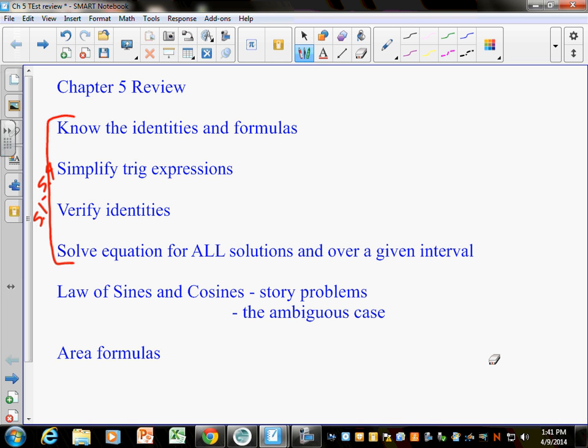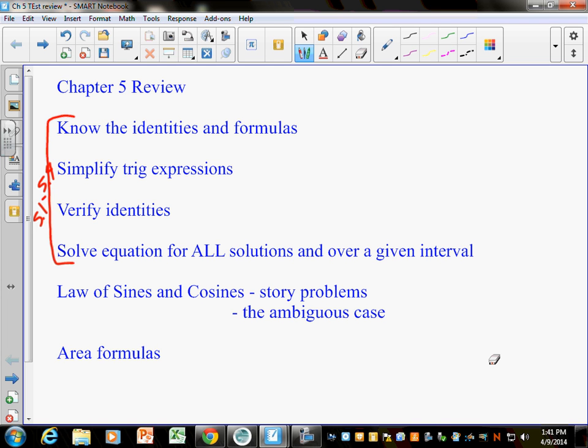What was I saying? Oh yeah, the fundamental identities. Those are ones that I feel like at this point in the game you should just know as well as you know 1 plus 1 equals 2. We know any of those that well? Like, if I said 1 over sine, you would say that's the same as cosecant. Or if I said tangent, you could say, oh, that could be 1 over cotangent, or that could be sine over cosine. Those are ones that, if you don't know those basic ones, which 5-1, day 1, like we wrote out, the first thing we did in chapter 5 is we just wrote out a ton of identities. Most of those you should be aware of.